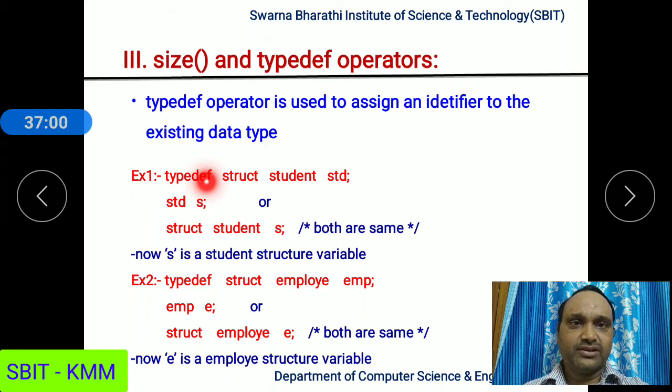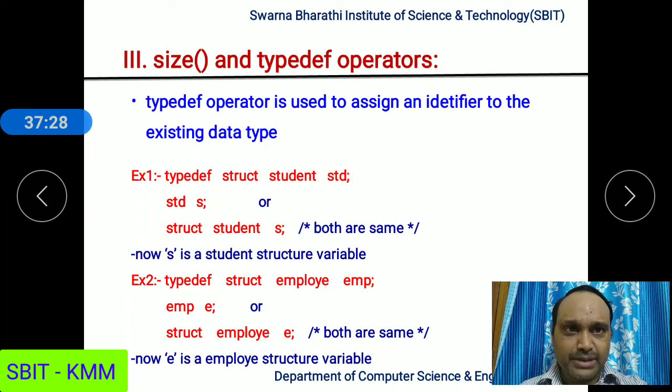Typedef is the keyword that will inform the compiler that we are going to assign a new name to the existing data type. We are going to assign a new identifier to the existing data type. Here the data type is struct student, meaning student structure. To the student structure we are assigning the name std. Means you are informing the compiler that wherever you use your new name, std,